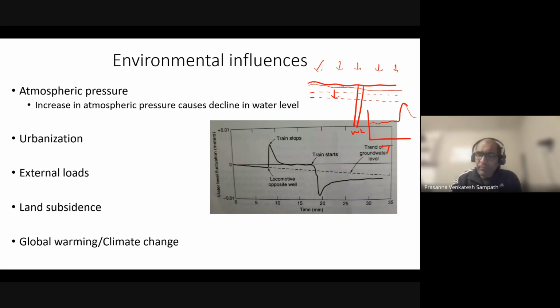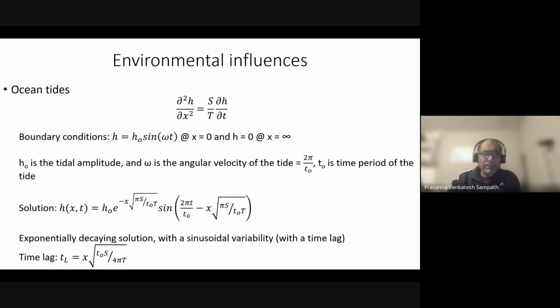Okay, just one final topic. Again, you don't have to memorize this. The ocean tides also play a role in impacting the water levels in an aquifer that is attached to the ocean. So the aquifer, if it is connected to the ocean, the response of the aquifer due to the tides